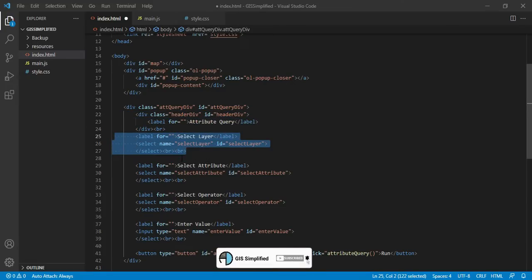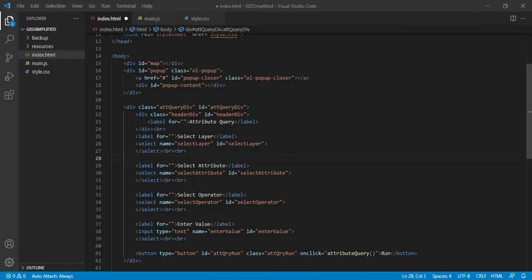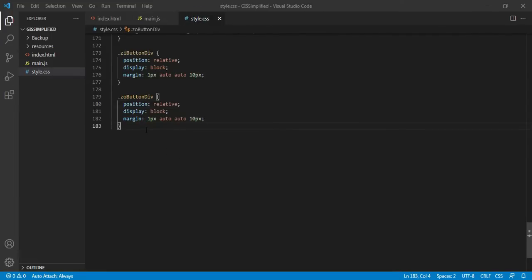This is the select layer drop box related element, and this is the select attribute related. So once I click the layer, attributes will be available, operators and value, and this is the button on which I will be clicking and it will execute the function. So this is all about coding of HTML.